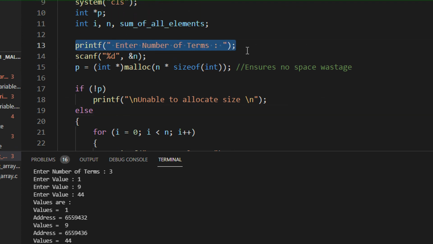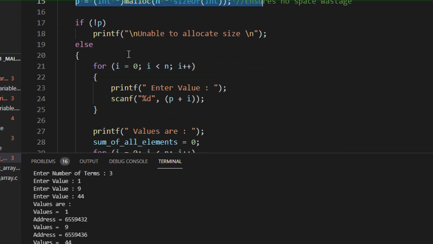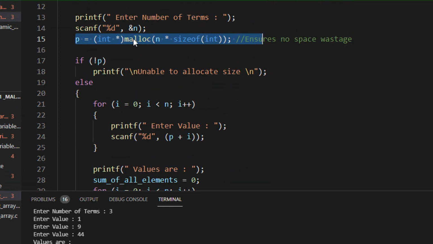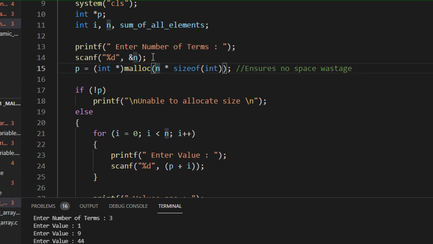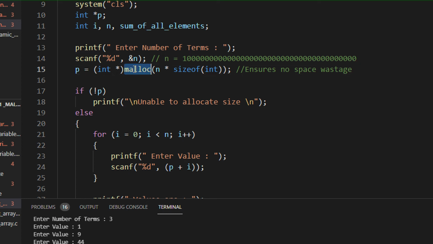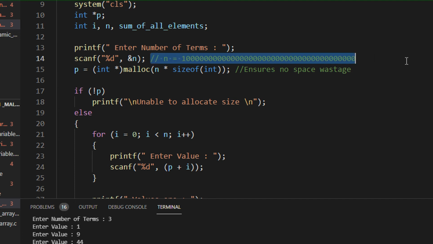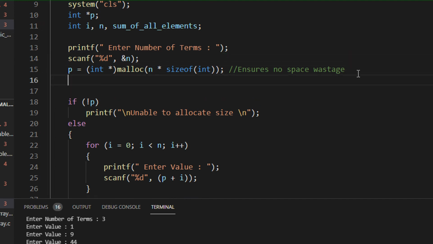You just initialize the number of terms, declare malloc, and then, what happens in this particular location? Let's say malloc is not able to fulfill your memory requirement. Let's say you give a very huge size for n, a number beyond the integer range. If for some reason malloc is not able to fulfill your requirement, it will return a null. Null basically equals 0 in internal compilation. The compiler treats null as 0.